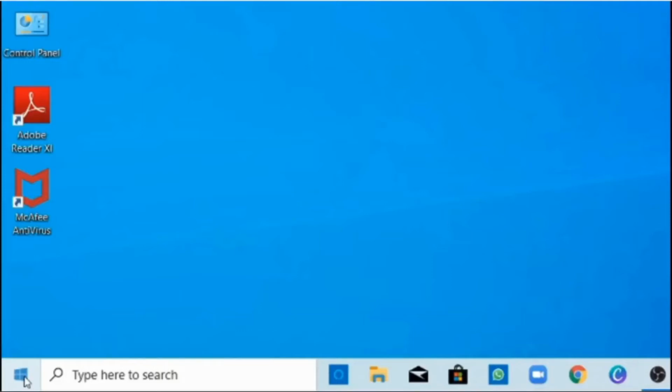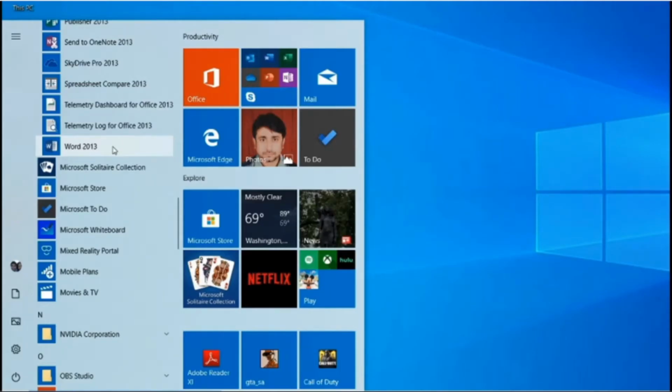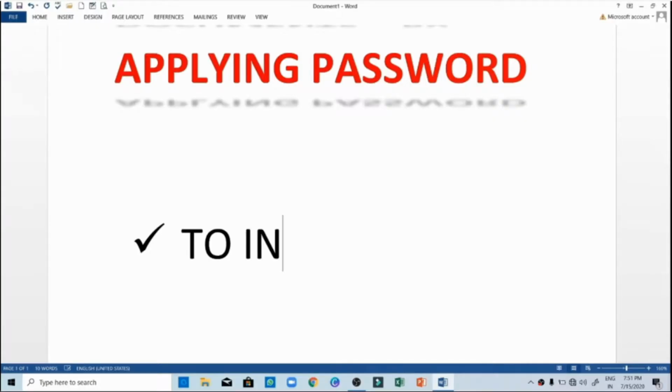In this session, we are going to learn some more features of MS Word. So let us first start by opening the MS Word window. Now you can see here the MS Word icon. You click on MS Word. As you click on MS Word, the Word window will be displayed on your screen.